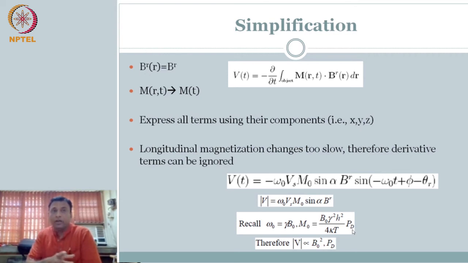So if I go from 0.5 Tesla to 1.5 Tesla, it is not like I'm increasing the signal strength by 3 times. I'm increasing the signal strength by 9 times. Okay, so that is a very, very, very big advantage. So now you see the fundamental signal that you are recording in MRI, which is in voltage, is nothing but a sinusoidal signal. The strength of the signal is proportional to the square of the magnetic field that you are using.